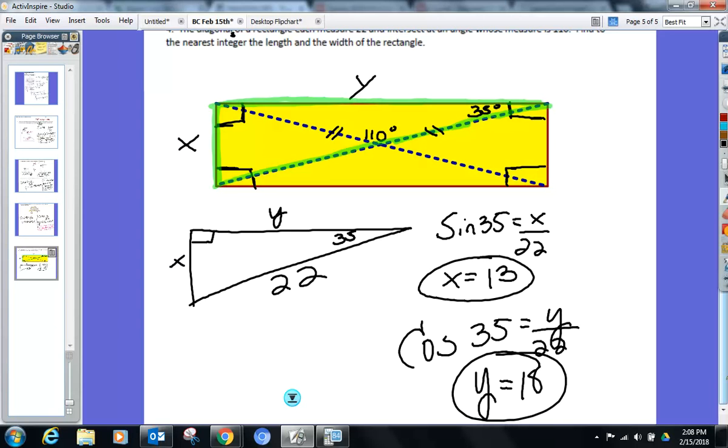Hopefully 13 and 18 come out of those. 13 and 18. Nice job, everybody. If there's only 4